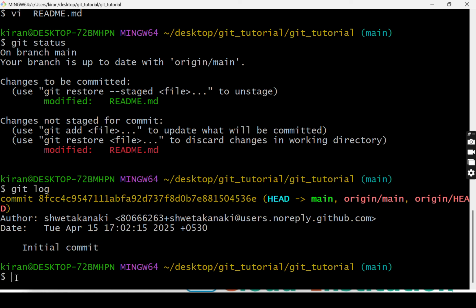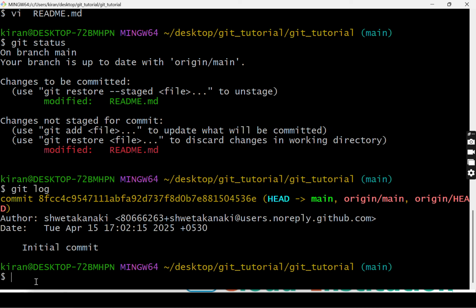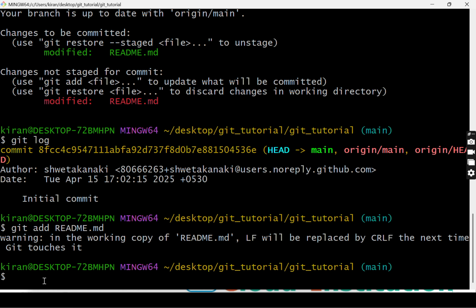Now, whatever modifications I have done, if they are in the staging area I have to go with git commit. Here one file is showing as modified, so it has to go with git add. So I'll use git add with the file name. That is the readme file. I'll take that readme file and paste it. Enter. Now if I see the status again,